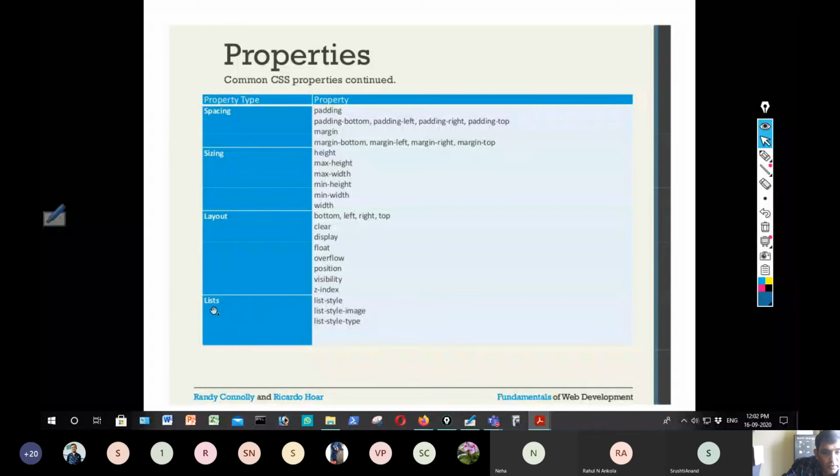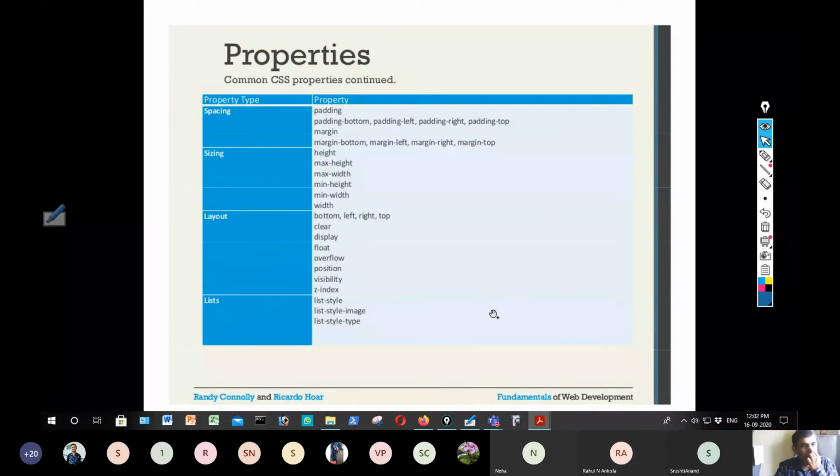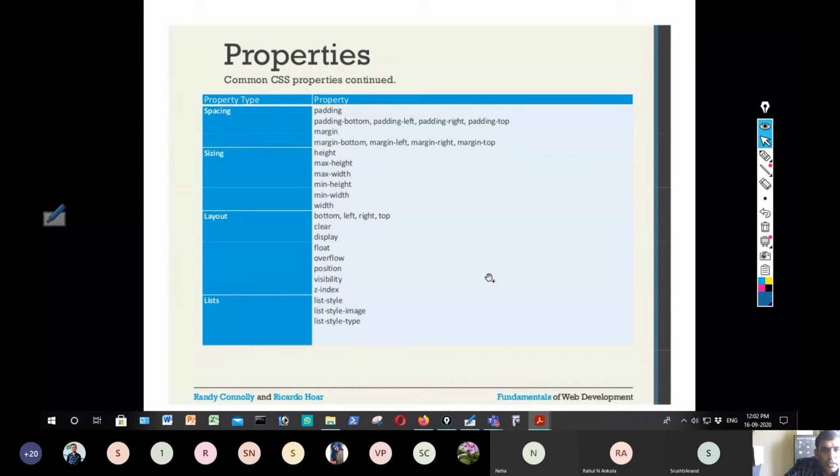And for lists, when you have an ordered list or unordered list, we can have style: list style image, list style type, all these things. These are not limited, many are there, we have specified the majority of them. You can go through it.